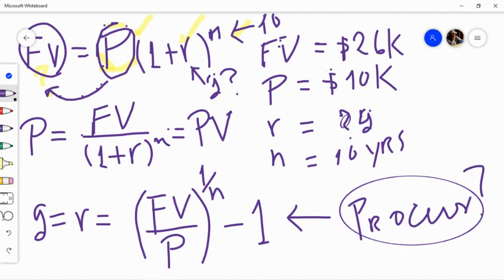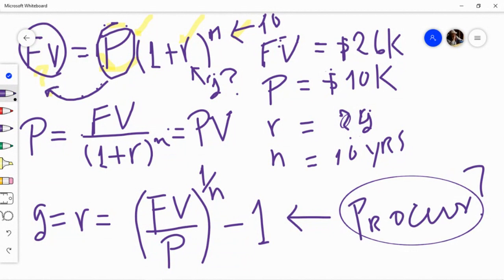I'm the kind of person who cannot live without explaining the process. It's just me. It's my pet peeve. If I don't explain how this formula is arrived at,